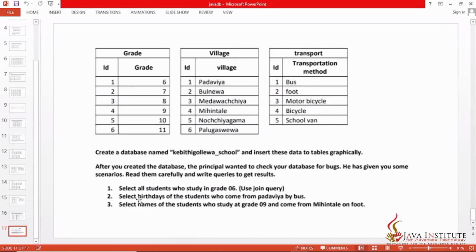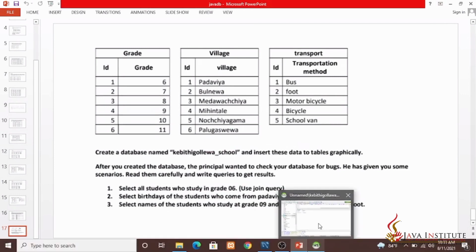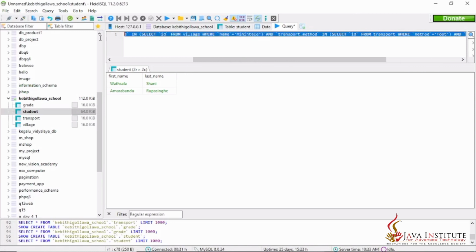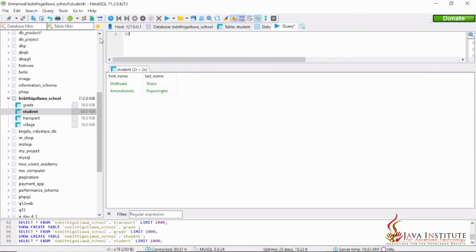It said, select birthdays of the students who come from Padaviya by bus. So here I have to execute the query for it and find the birthdays of the students. I am typing the subquery as select DOB, the column for the date of birth is DOB, from student where village in,